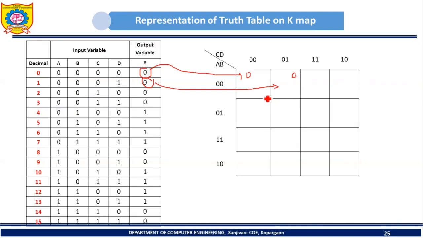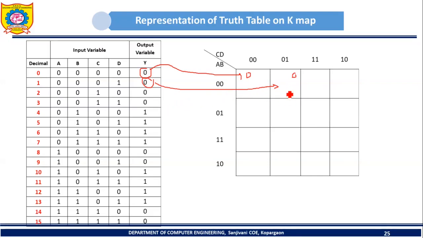Please try to understand that each and every cell present in KMap indicates the output. In the truth table we have a separate column for the output. In case of KMap, the output is mentioned in the cell itself. The value present in each and every cell will indicate the output of a certain digital circuit for certain input combinations.